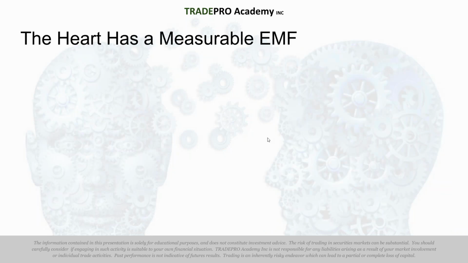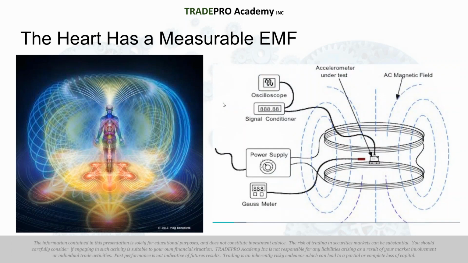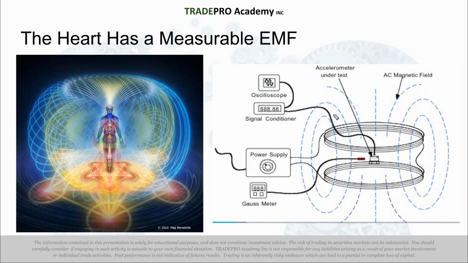Now check this out. This is going to blow your mind. Did you know that your heart has a measurable electromagnetic field? I took electricity for 2.5 years before I dropped out. Studied electricity to somewhat of an extensive degree. It looks like this. Your heart actually emits an energy field that's measurable. So if you want to create your own device, you could do it. You go to Home Depot, get these components. You could build it for pretty cheap, actually. This thing straps around your body. You get an accelerator, hook it up to a power supply, and you'll be able to measure this.